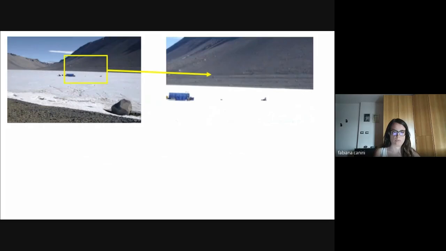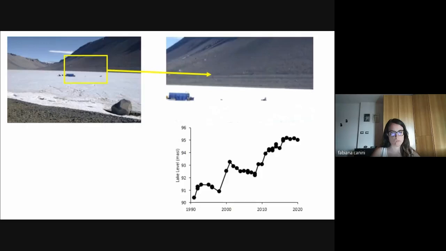The lake is clearly a dynamic system. It's a closed basin lake, which means that the level is set by the relative amounts of water flowing into the lake, which is primarily driven by glacial melting, and water leaving the lake, which is driven by sublimation and evaporation from the lake surface. So as climate changes, the lake level responds, and at the moment we're in a period of lake level rise, which means we're losing soil but we're gaining lake. The lake level has risen by around 5 meters in the last 30 years and 15 meters in the last 80 years. And so we've created a significant amount of new habitat during that lake level rise.